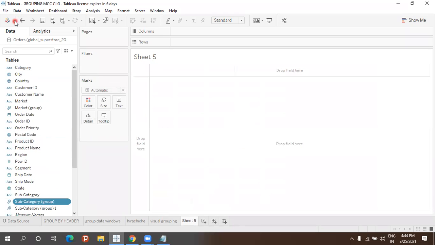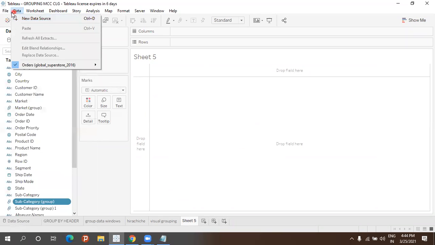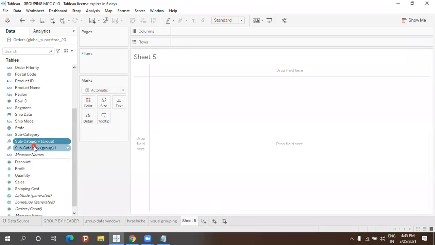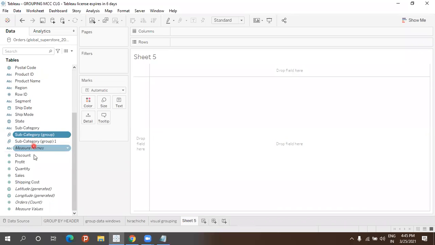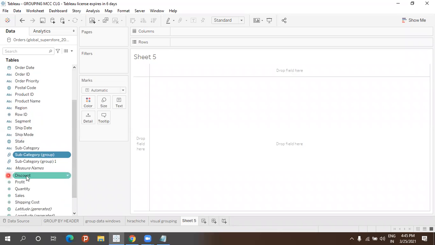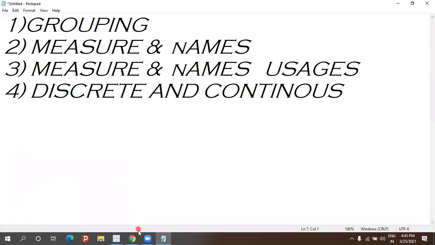So once I import, I'll take a new sheet. Let it open. I am taking a new one because all this will be a disturbance when I'm talking about this. Why? Because with measure names and measures, we should know the difference between the auto-generated and default-generated fields. This and all are customized, right? We don't want this one. So that's why I'm taking a new one.